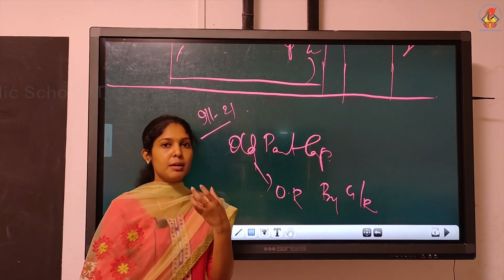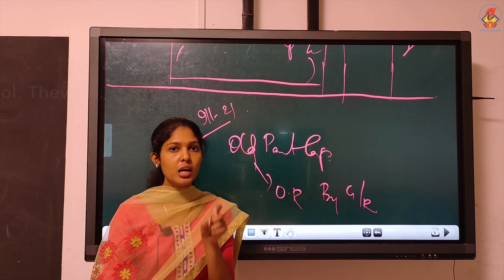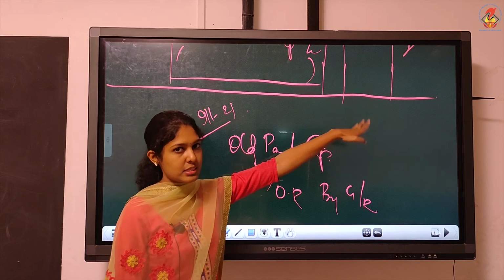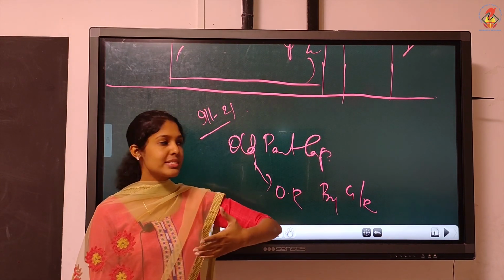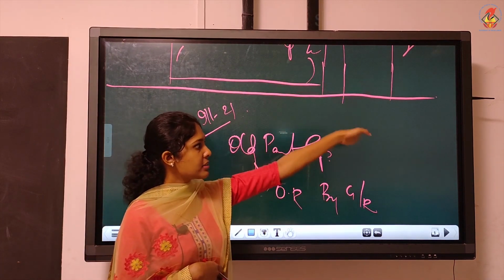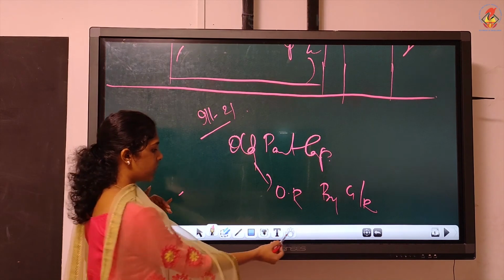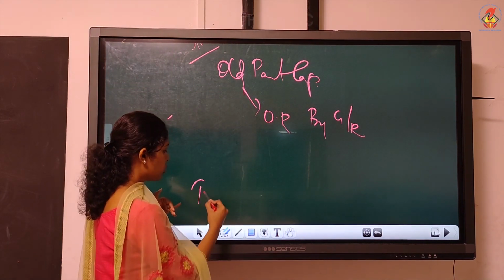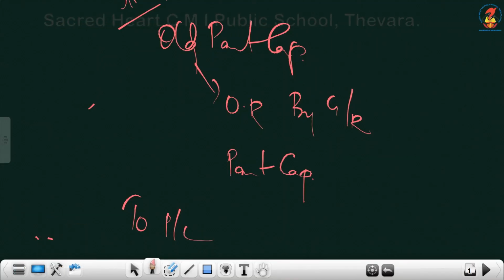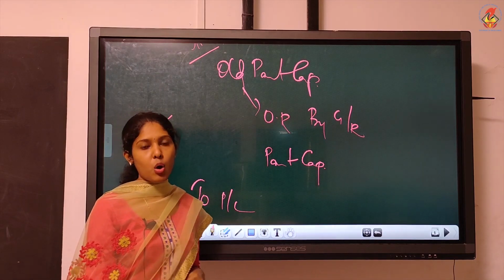The next item given there is P&L debit balance. What is the meaning of P&L debit balance? It is a loss. And for a firm, loss is an asset. So you can find it on the asset side. See, all these you must know. Nobody will tell you that P&L debit balance is there on the asset side. That you must know. So when you transfer, it will be to P&L, partner's capital debit side you will be transferring. So now what is the journal entry? Write the journal entry very carefully. Don't write the reverse. Old partners' capital debtor to P&L. And what's the amount here? 15,000 you have to divide in the old ratio.